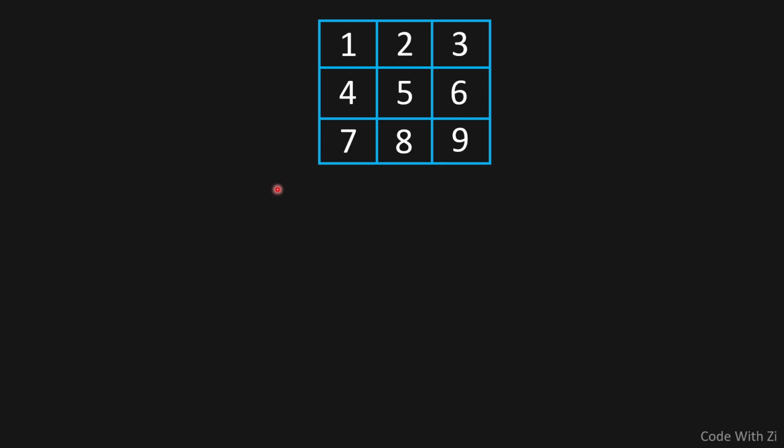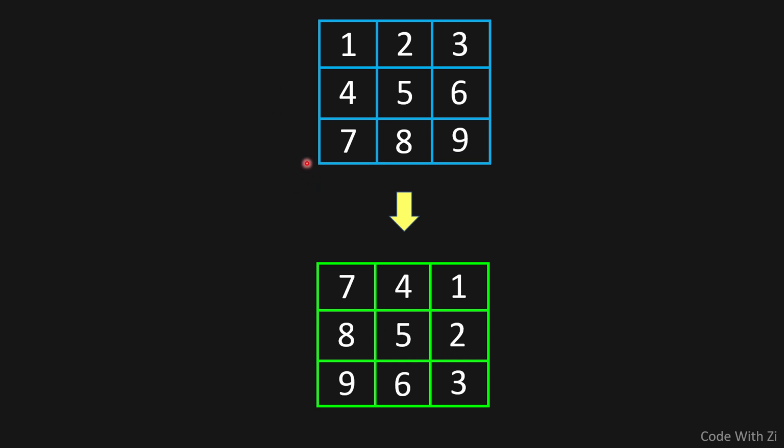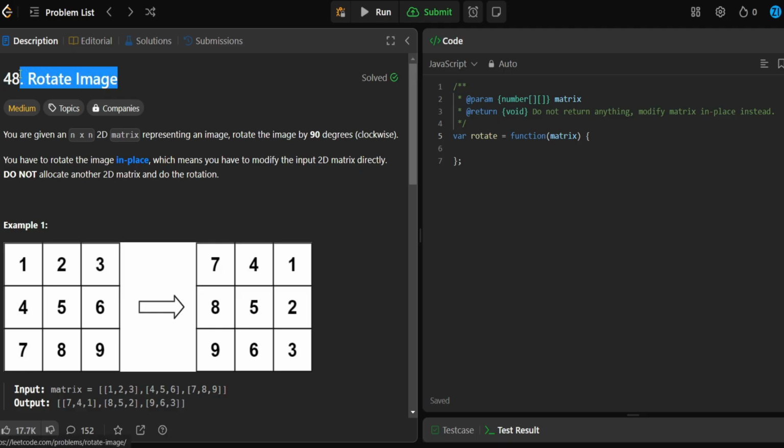In today's video, we gotta rotate this matrix by 90 degrees like so. As you can see, because we've rotated this by 90 degrees, this column here literally went here. 147, 147. And this column here went here. 369, 369. So we gotta rotate this matrix by 90 degrees because that's what LeetCode 48 Rotate Image is asking